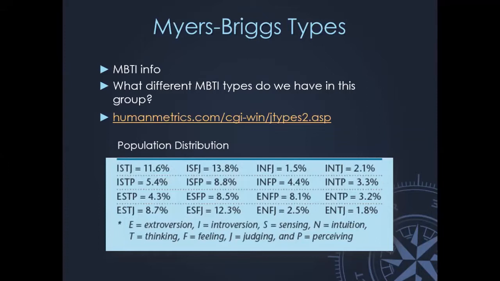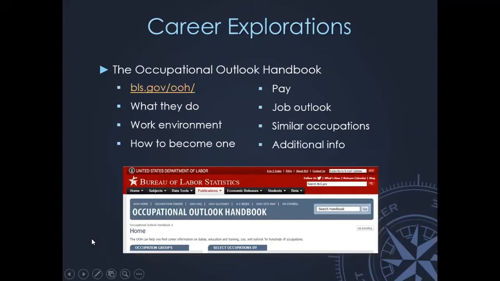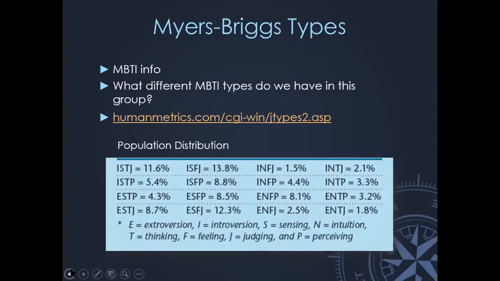Also, there's a population distribution here, which I think is, oops, wrong one. It's jumping on me. To just give you an idea of what the general occurrence of each type is in the US, this is a US population distribution. So you can see that some types are more common than others,